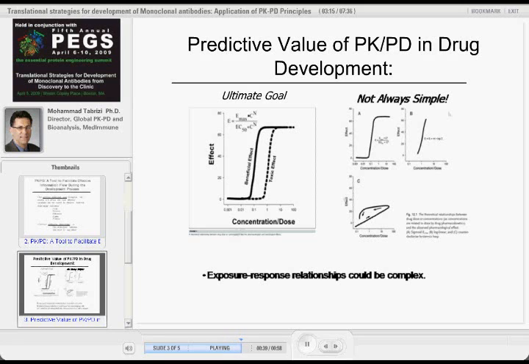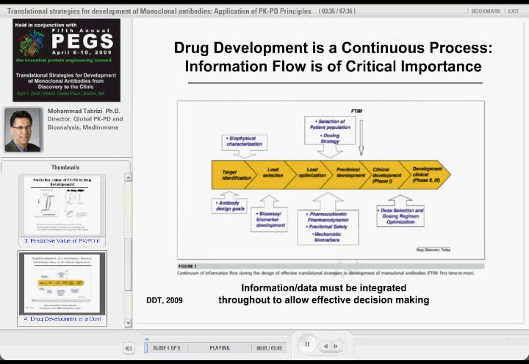And so it's not always easy, but the question becomes, is it possible to translate all this information to get to a point that we can understand how a unit of this drug in mouse that results in this efficacy or toxicity translates into what you anticipate in man? So again, highlighting that the drug